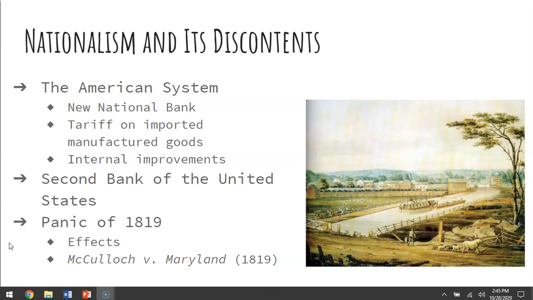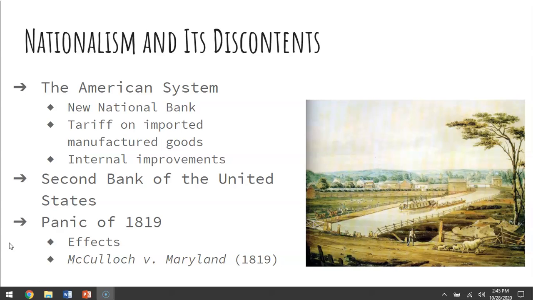The Second Bank of the United States soon became the focus of a lot of public resentment. It was a private, profit-making corporation that served as the government's financial agent. It issued paper money, it collected taxes, and it paid the government's debt. It was also in charge of ensuring that the paper money issued by local banks had real value. The bank was also in charge of promoting economic growth by helping to finance manufacturing and commerce by extending loans.